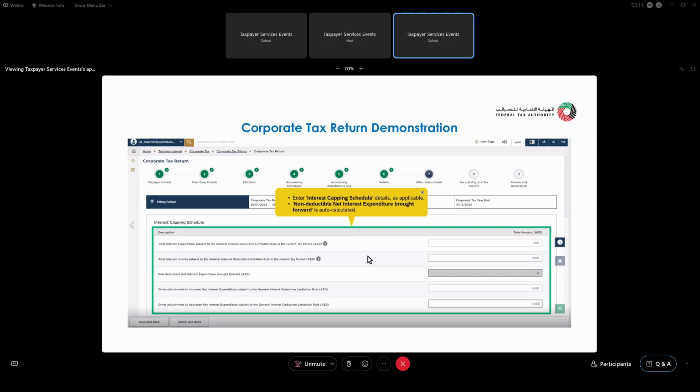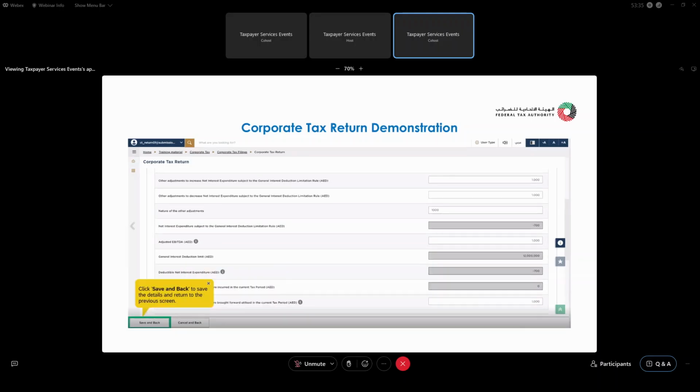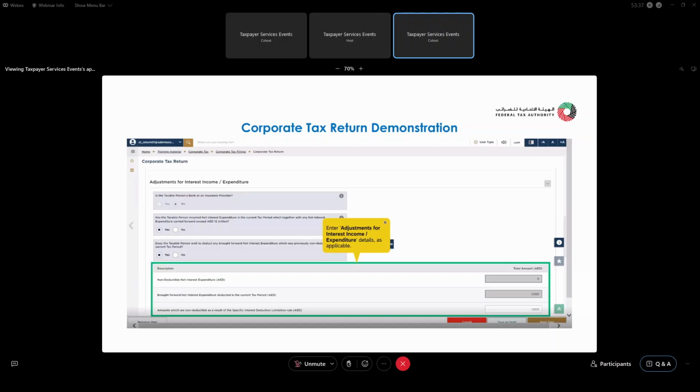You will have this pop-up page where you will need to enter the details of the capping schedule, and you will find the non-deductible net interest expenditure brought forward auto-calculated for your reference. You may cancel and go back to the main step or save and go back. So let's save and go back to the main step where you will move forward with entering the adjustments for interest, income, or expenditure,